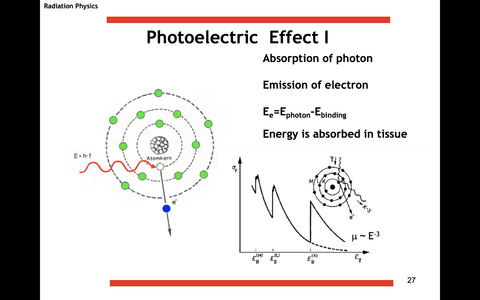However, you see, for the photoelectric effect, this is very far from being a continuous curve. You have a lot of peaks, and this is a quantum effect, of course, because the different peaks correspond to the energies of the different shells in the atom. Of course, these are atomic electrons. So if you are using the right energy, you will completely absorb the photon and will emit an electron.